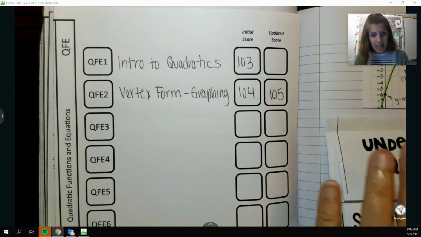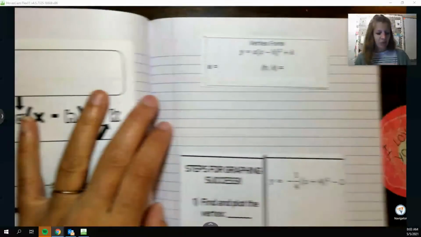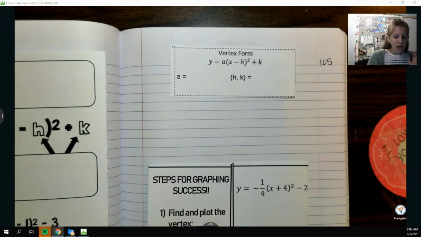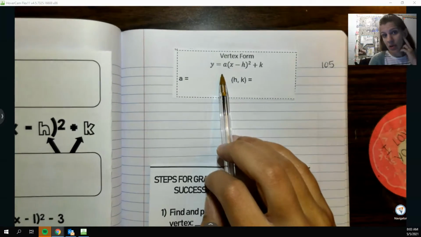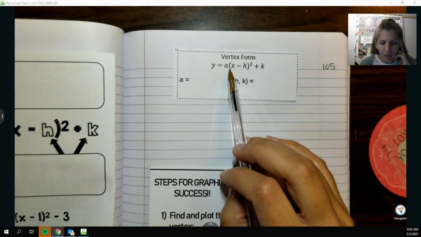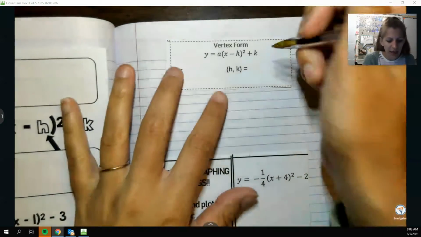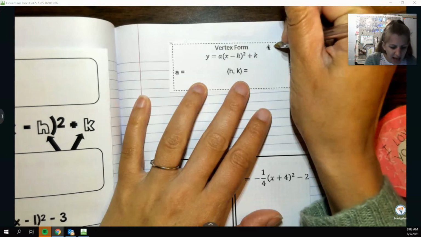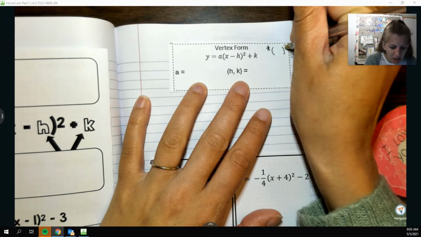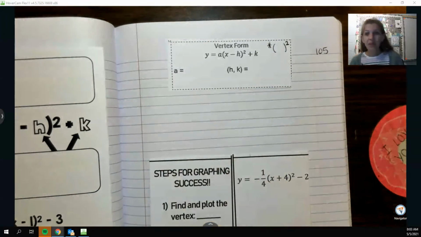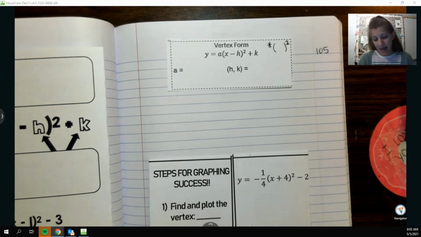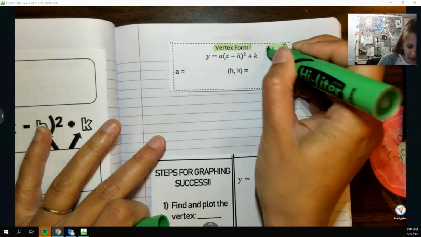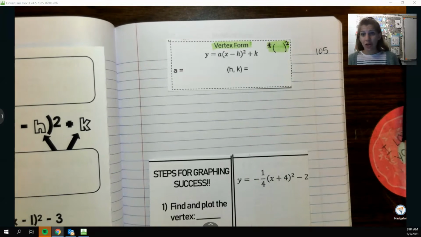real quick, real fast. So if we turn to that page, we had a little bit of a preview of this in our Desmos activity. So if I'm looking at a quadratic in vertex form, a couple of key features that we want to be on the lookout for is parentheses squared. So if I have one set of parentheses and then a squared, that tells me that I am in vertex form. And it's very important to be able to identify what form I'm in so that I know how I